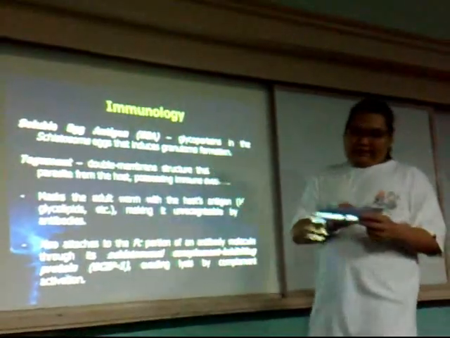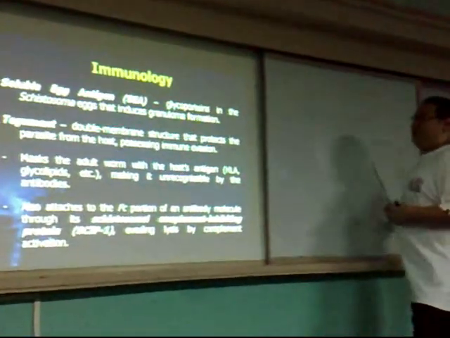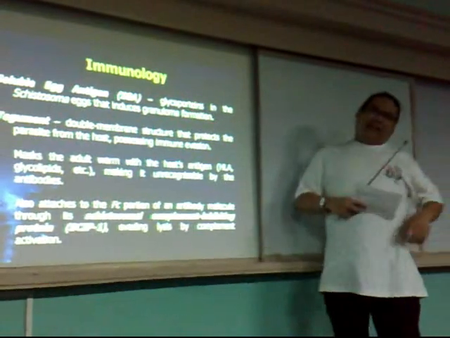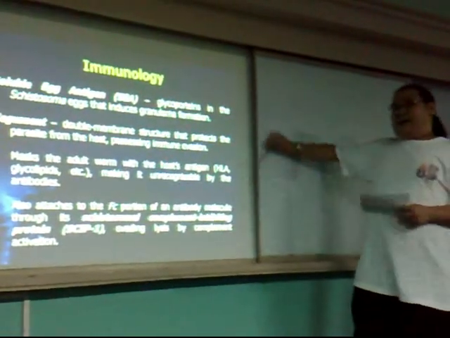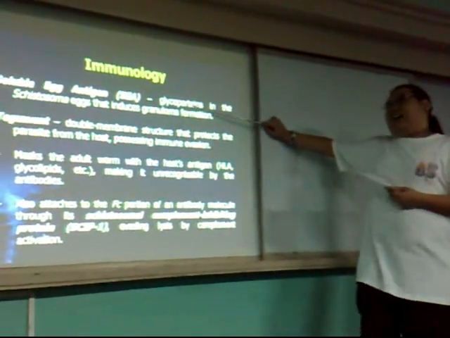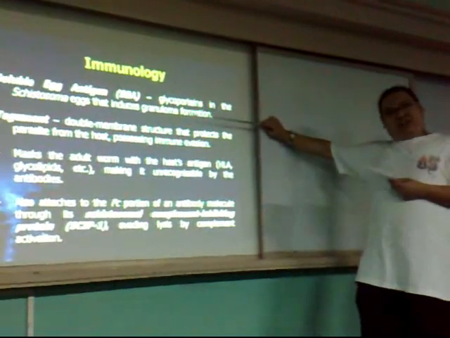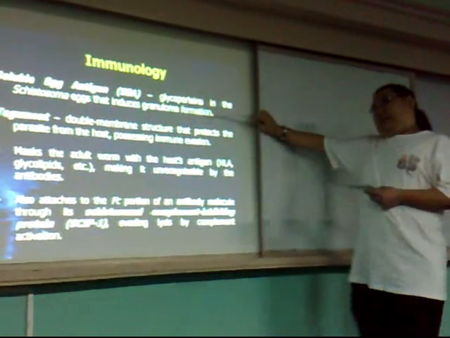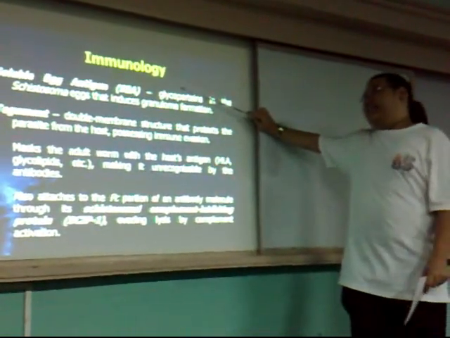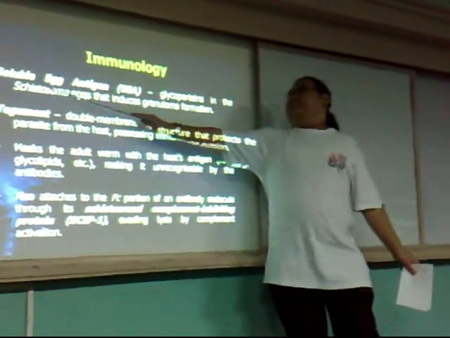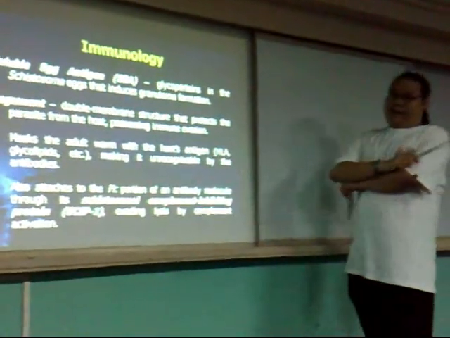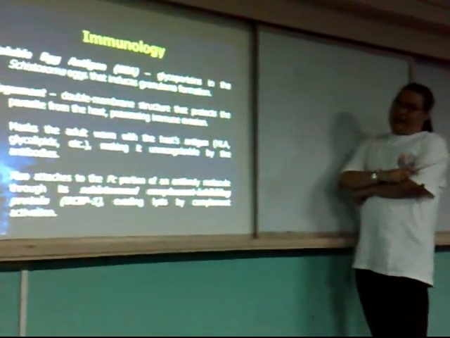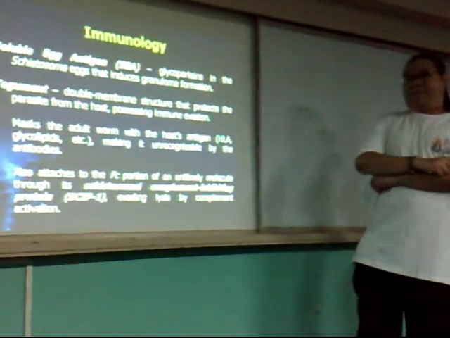So for the immunology, I included this. On the surface of the egg, there exists a glycoprotein which actually induces the granuloma formation in a heavy burden, which can lead to cancer. You term that the soluble egg antigen. And this infection can actually